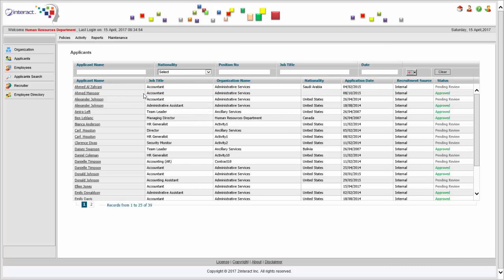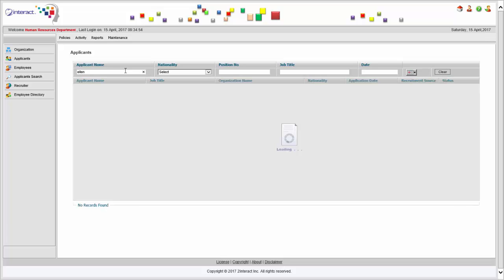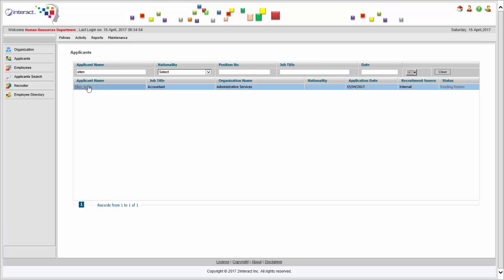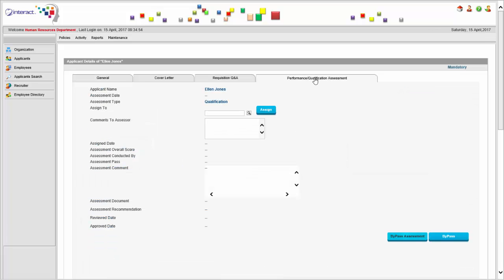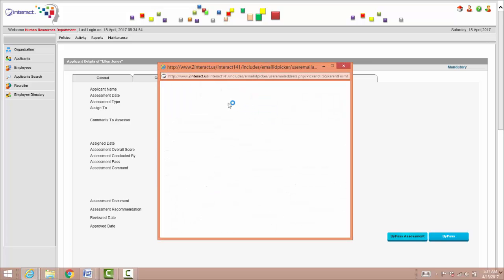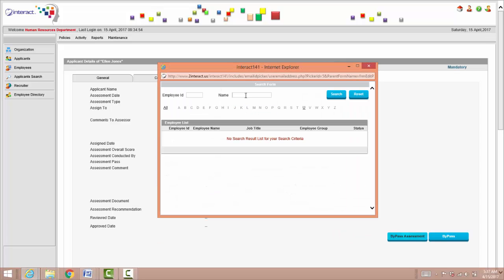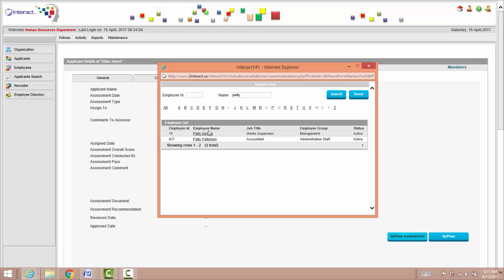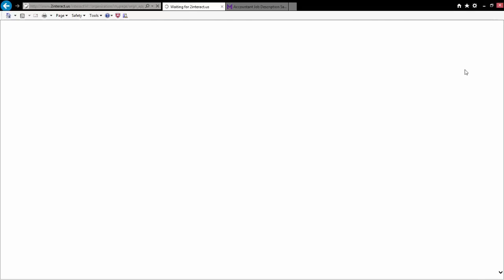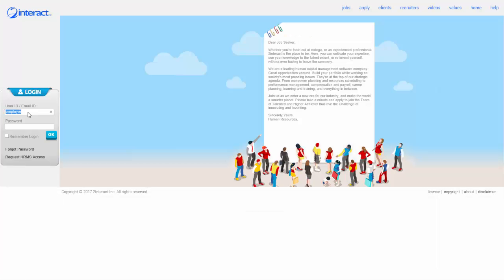But the next step is that I can assign this applicant for an assessment. That means we again have our own rules configured, which are user defined. You can set them up the way you want to. I'm going to assign the task of assessing her to Patty, and you will notice what happens now. We log in as Patty. Patty is one of our employees,